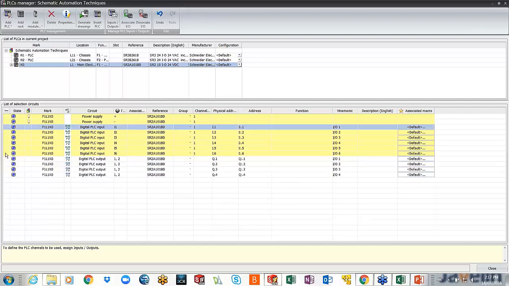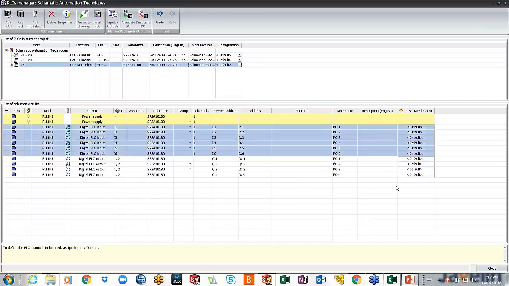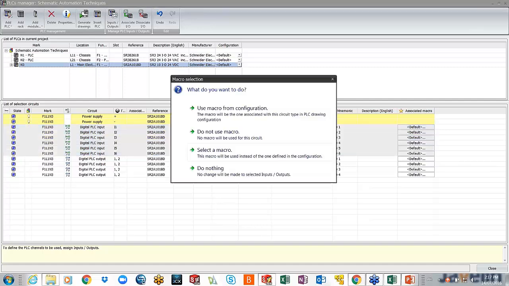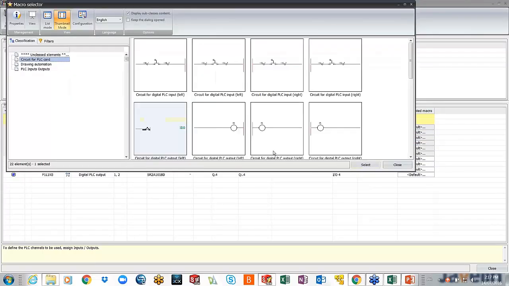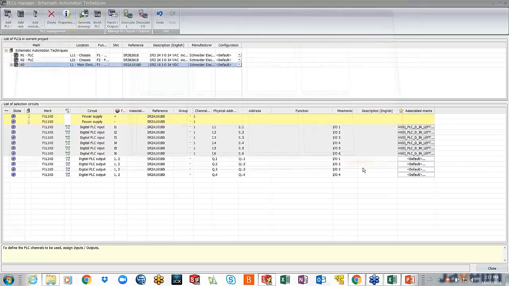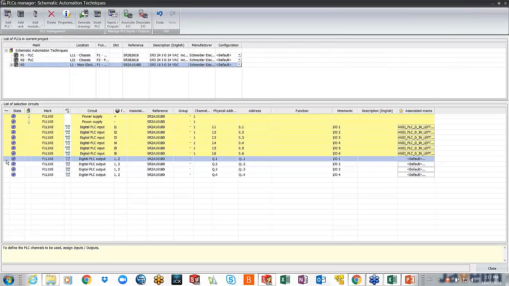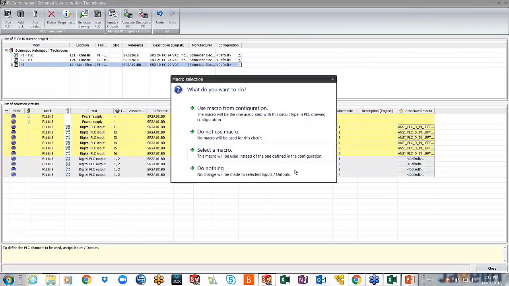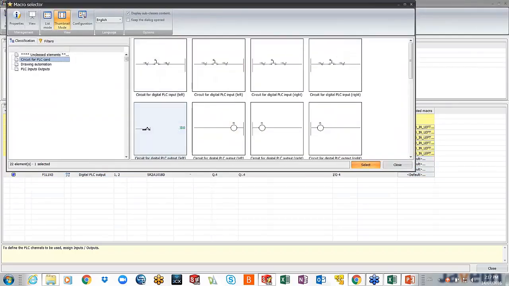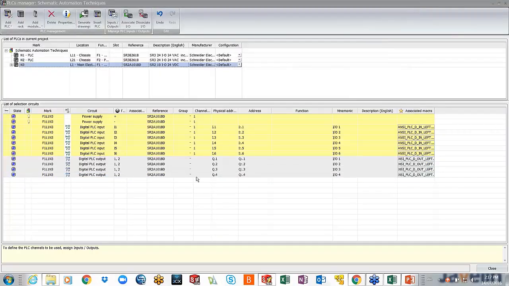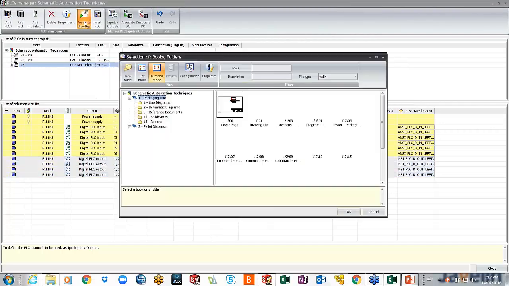And as soon as I do that, I now have the ability to go in and assign something called a macro. Now, the first level of seeing a macro is, if you've used Excel, you know, anything that you're going to reuse in your design or any process is defined in SolidWorks Electrical as a macro. So I'm going to grab this as our left input, and I'm going to grab this object and add a macro to my application. So as soon as I do that and I click on generate drawings,